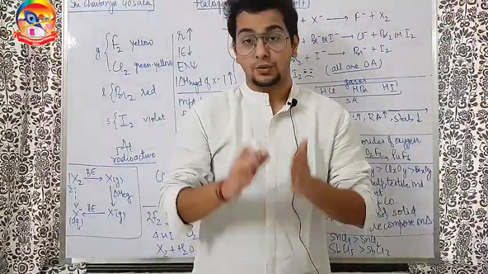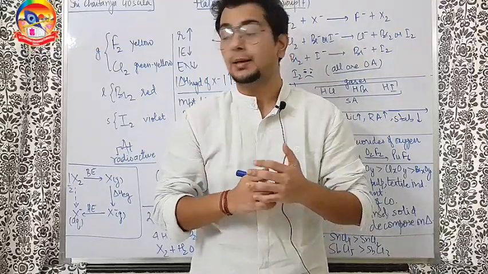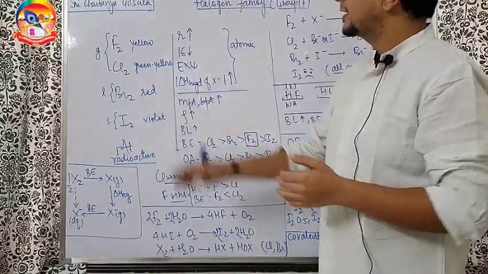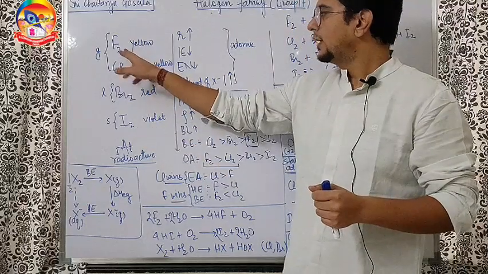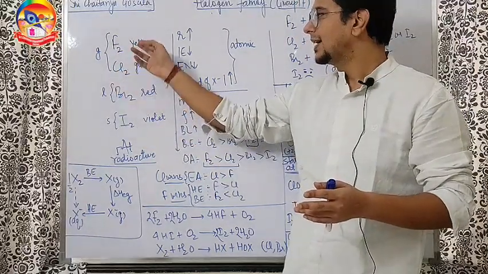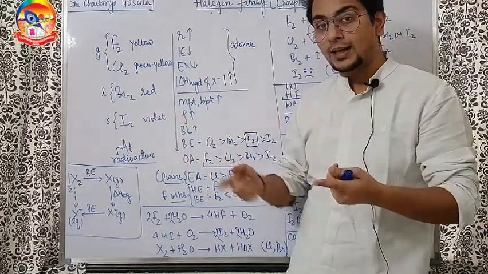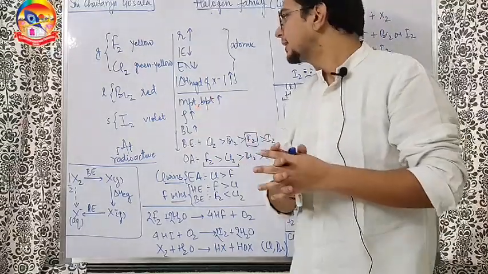Hi. So slowly we have come to the end of the group now, almost in the P block. So we are starting with the 17th group, which is halogen family. The elements are fluorine, chlorine, bromine, iodine majorly. Now fluorine F2 and Cl2, they both are gases, yellow and greenish yellow in color. Bromine is a liquid, red color liquid, and iodine is a violet color solid. That's a very simple thing here.